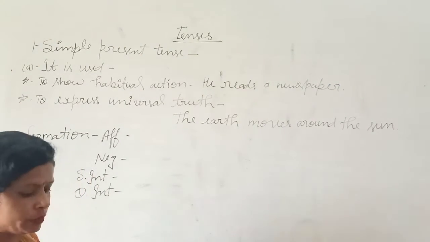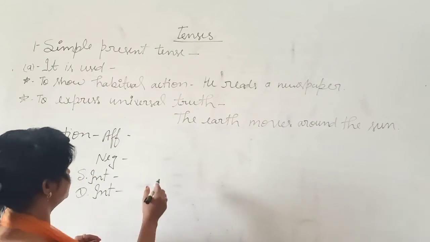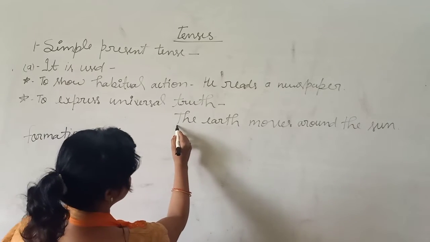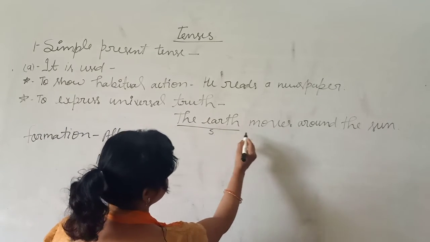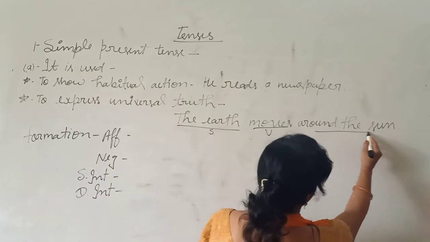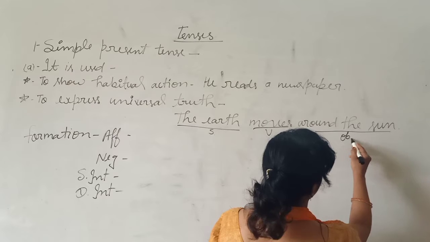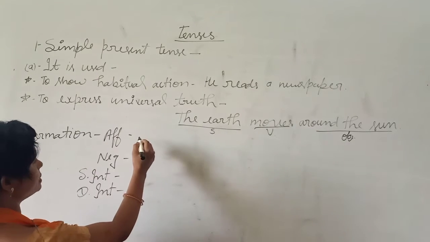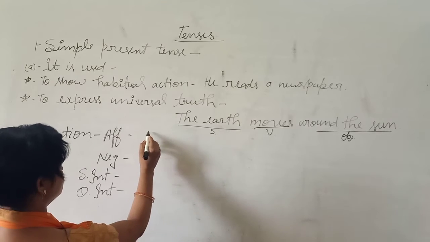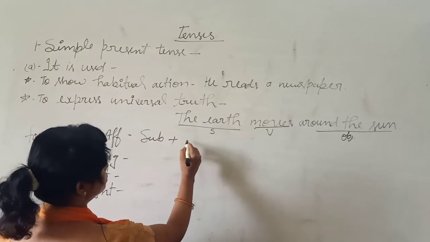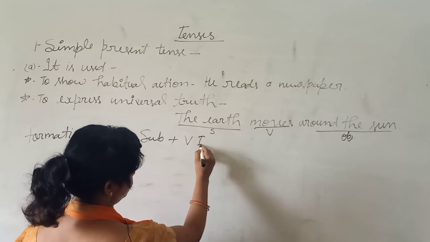Now I am telling you the formation of this sentence. First, the earth is the subject. Moves is an action word, a verb. And this is the object. Right, children? Now, the affirmative sentence structure I am telling you: first subject, then verb first form,